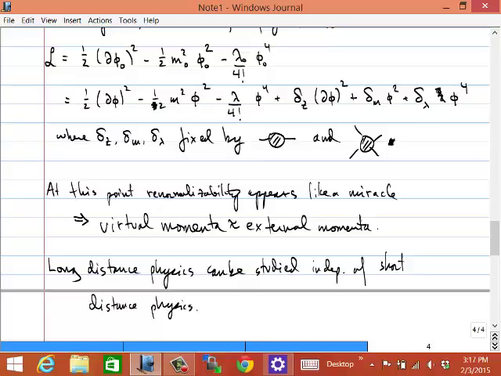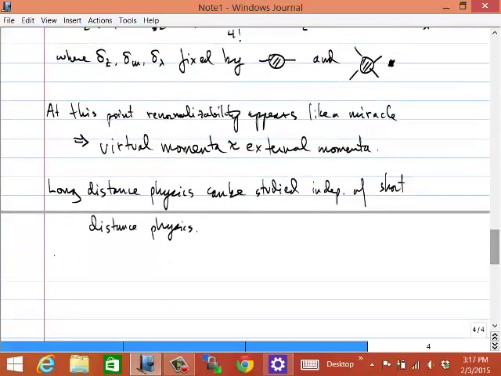And indeed, until the 70s, I think this was the point of view that people had about quantum field theory. They said that renormalizable theories are special and miraculous. Non-renormalizable theories are bad. Let's not talk about them. They don't make any sense. But in fact, I think the more modern point of view of quantum field theory, which usually goes under the name of the Wilsonian perspective on quantum field theory,